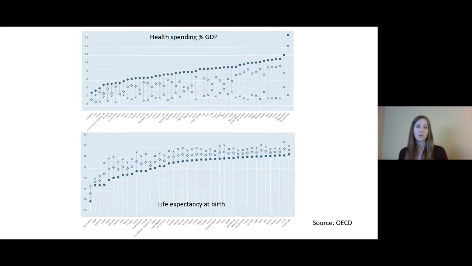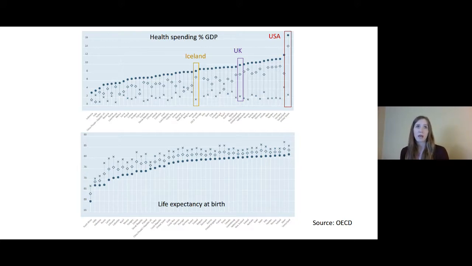So these are two graphs from the OECD. The first one, as you can see, is health spending as a percentage of GDP. So that's how much of a country's total spending goes to health. And the second one is life expectancy at birth, which is a relatively objective measure of how healthy a given society is. And what we can see if we start to look at specific countries, and I've taken 3 examples,